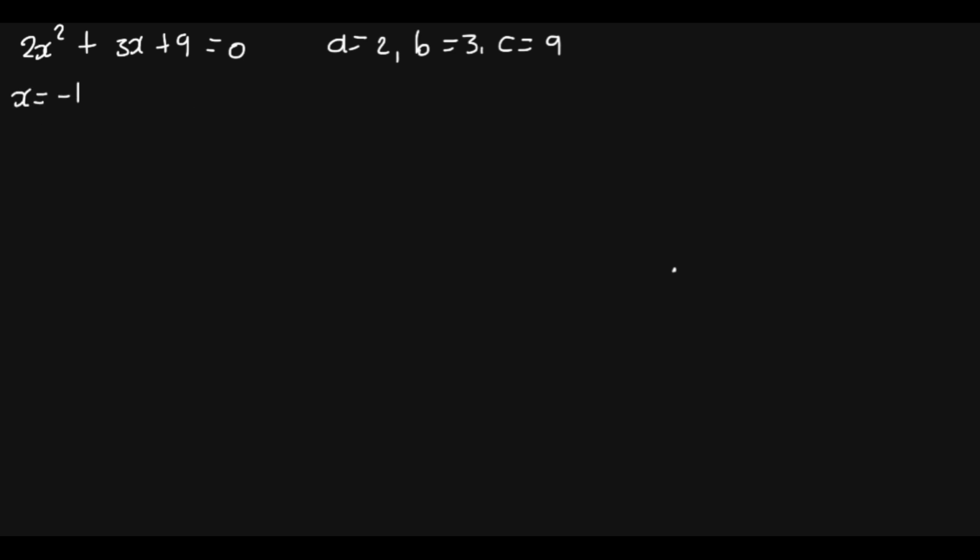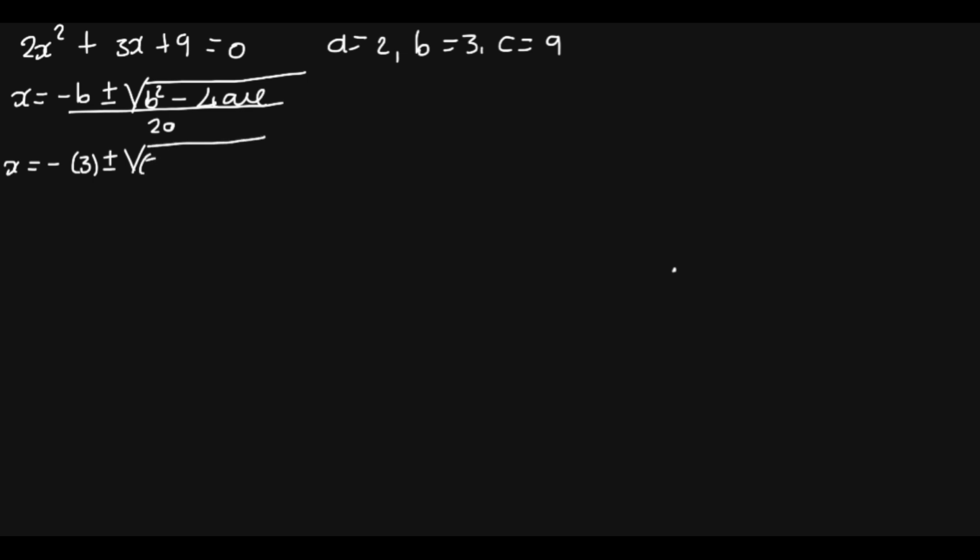So x is equal to minus b plus or minus the square root of b squared minus 4ac over 2a. So let's now substitute. Our b is 3. So we have 3 squared minus 4, our a is 2, our c is 9, over 2 times 2. So negative times 3, -3 plus or minus